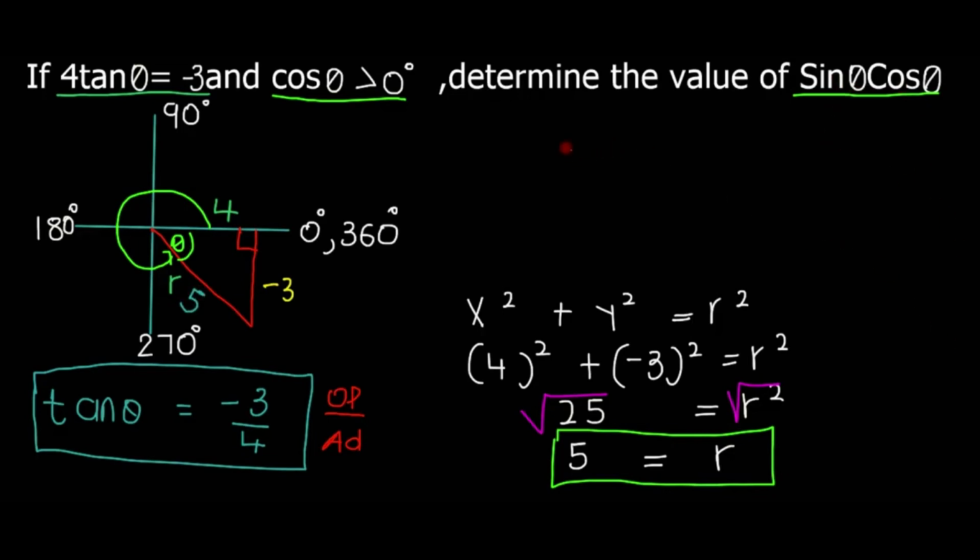We know that sin theta is opposite over hypotenuse. So sin theta will be opposite, which is -3, and hypotenuse will be 5. So it will be -3/5. And for cos we know it is adjacent over hypotenuse. Our adjacent is 4, and our hypotenuse is 5, so it will be 4/5, and then from here we have